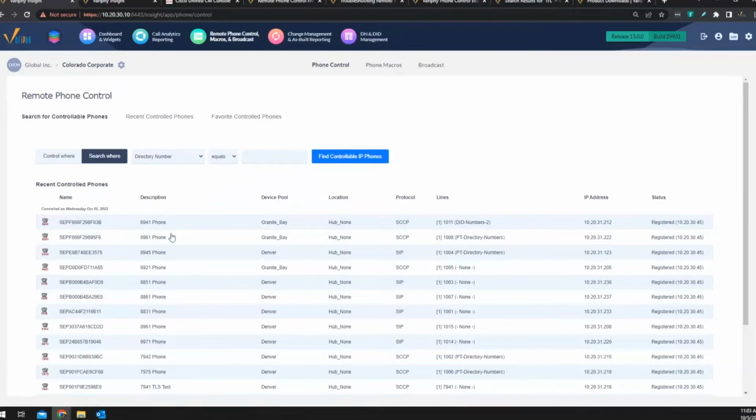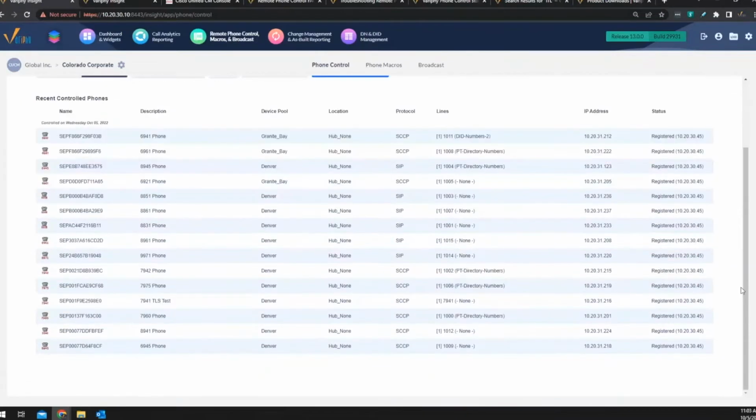It will load up your most recently used phones, and then you can search for additional phones with the search window. I went through and checked all these today in the lab earlier. They all are working, except for this one, which I broke, so we'll go into that one for a minute. But basically, you can see the status if they're registered. It'll show up with Registered and the IP it's registered to. Otherwise, it will just be blank here.